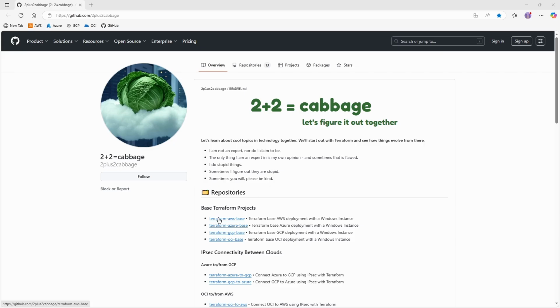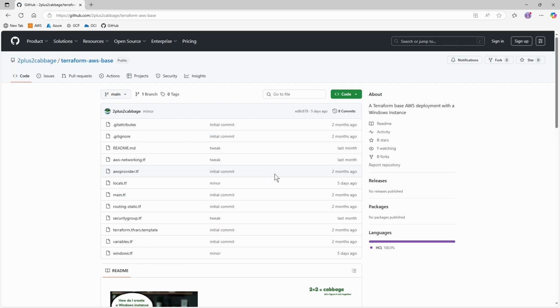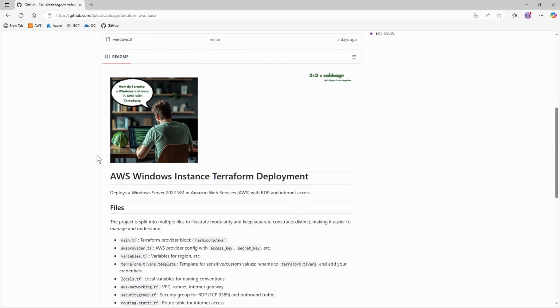So if we come over here in GitHub, we'll just go to the AWS base repository. You can clone this to your local workstation, download it however you need to get the files down to your work environment. And we'll be jumping off from here. I'll switch over to view a lot of these files within VS Code, just because I like the way it looks there. It's a little bit easier to read. But this will be a resource for you throughout the process of deploying this. The README should be pretty inclusive of everything you need to look at